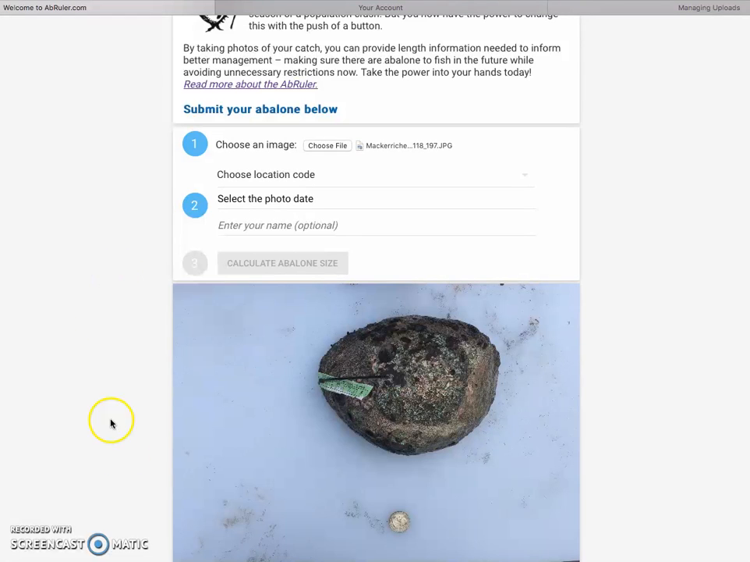Alright, so now I'm going to go through some of the tips for taking good quality photos. So the first thing you want to do is you want to make sure that you're using a US quarter for scale, and that it's about 2 inches below the abalone shell. The longest side of the abalone should be parallel to the longest side of the photo, just like that. And you want to make sure that your abalone is centered with a few inches of space on all sides,